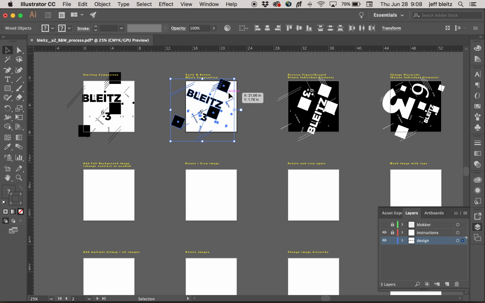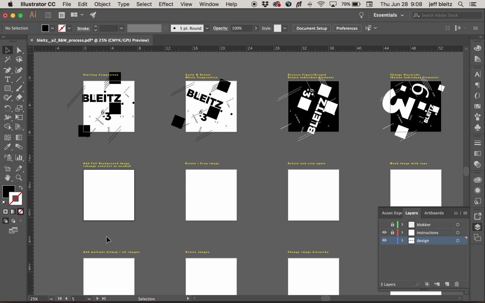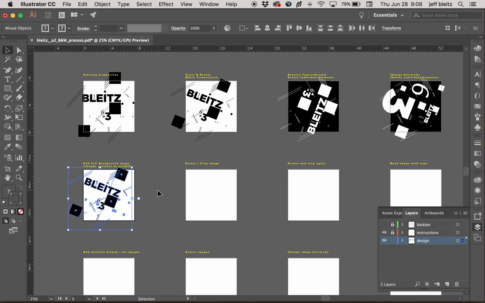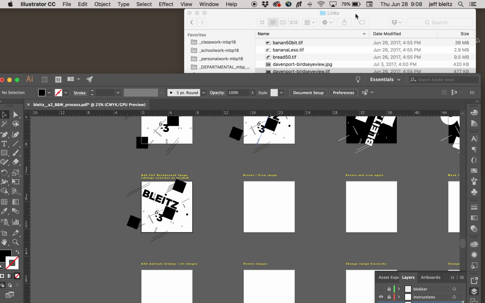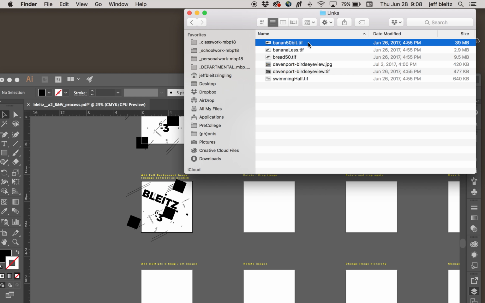I'm going to focus on this page, select all my elements, copy, focus on page 5. So I click there and Command Shift V, paste in place. There's my starting point. Now, if you don't have a folder of images, I have just a few images here